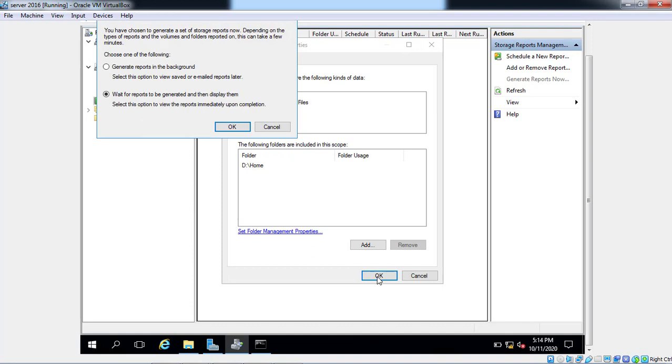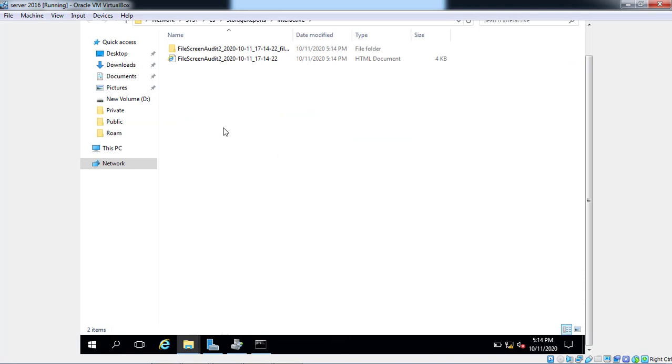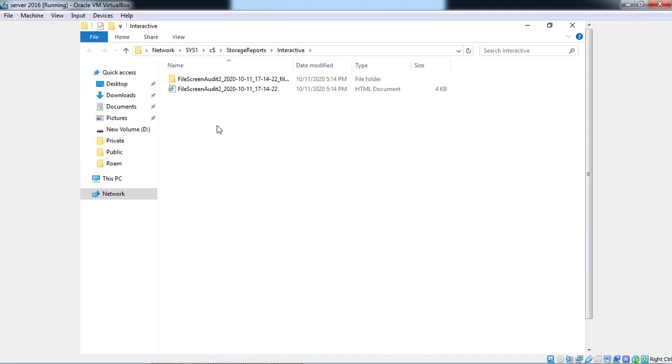Now you have to choose which kind of reports, wait for reports to generate and then display them. Then we select the second option. Now it is automatically generating the report. You can see the reports are now generated. This activity is only for the server side. Now check the report. Open that file, HTML document, so you can understand.